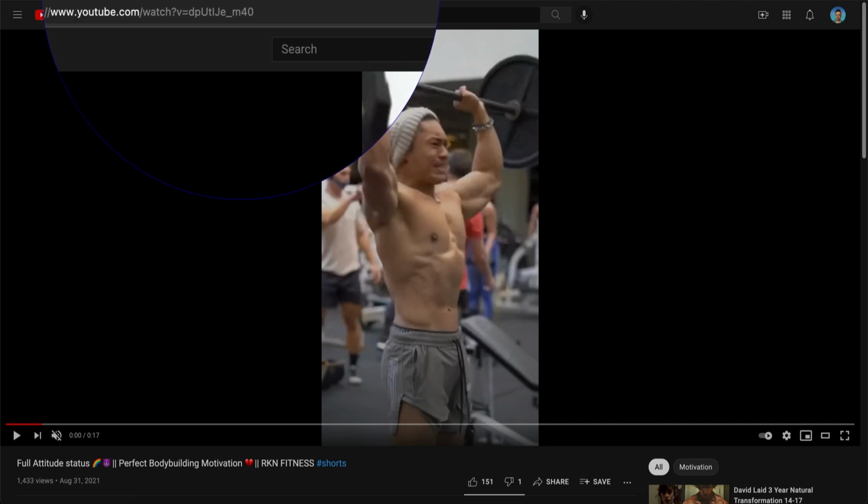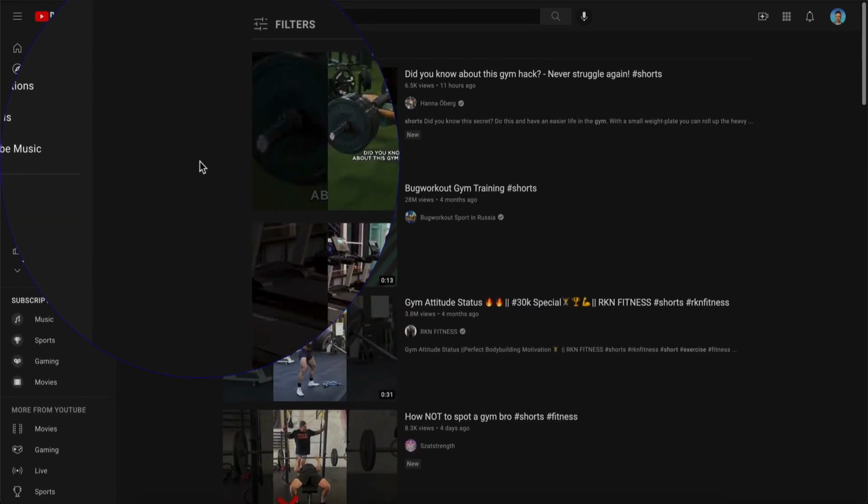And as you can see, it's shot in this kind of vertical format. And this is exactly what you have to do. So it's not going to be a typical video in the horizontal format like you're used to. This is in the vertical format, all right? So the first thing that you have to do when you're starting out, you have to pick a niche, okay?